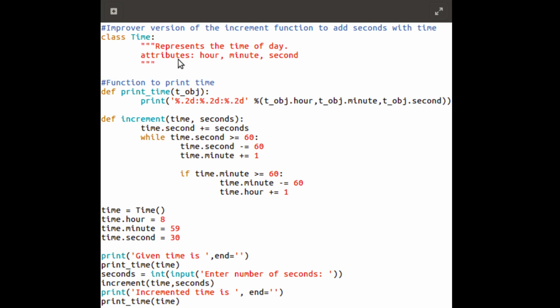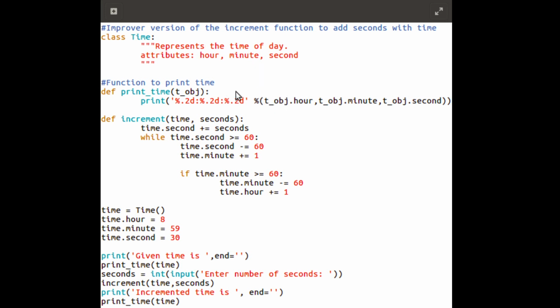Instead of if, here we are using while, meaning again and again we are going to check. While time.seconds is greater than or equal to 60, we are going to subtract 60 from that, add 1 to the minute, and once again check. If time.minutes is greater than 60, then we'll subtract 60 from the minute and add 1 to the hour.